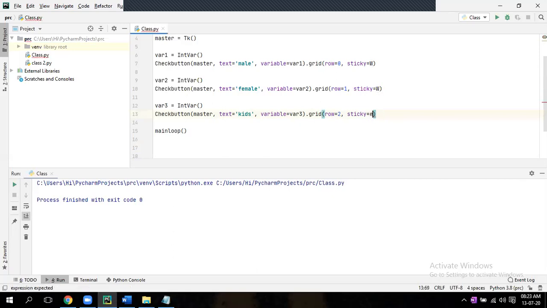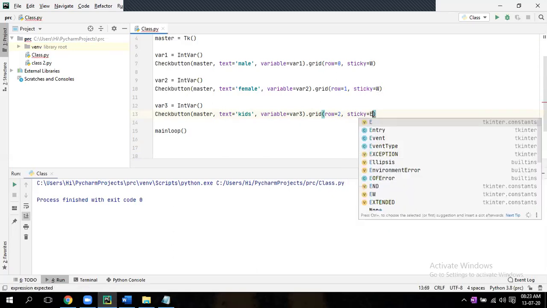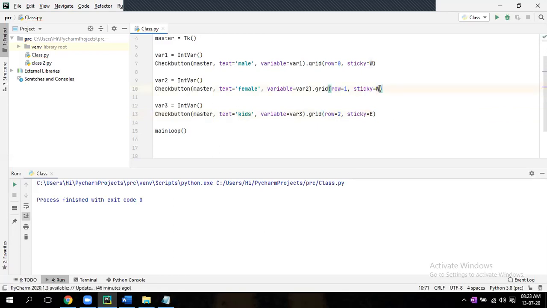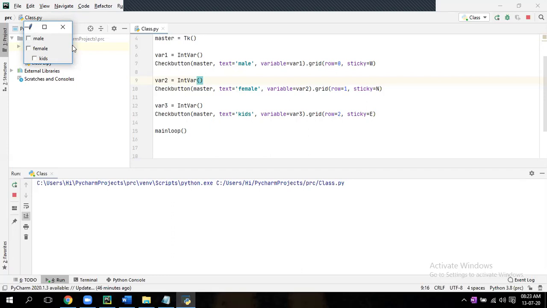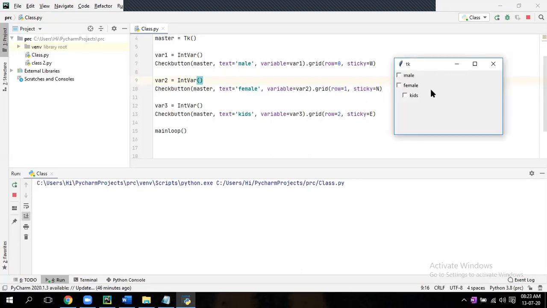And no capital. One east, one west, you can do like that, sir. Yeah, so accordingly it will come. The slight movement will be there. Now one east, one west. You can see that very small changes will be there. Yeah, like that. See, it came this side. Okay, slight movement will be there.